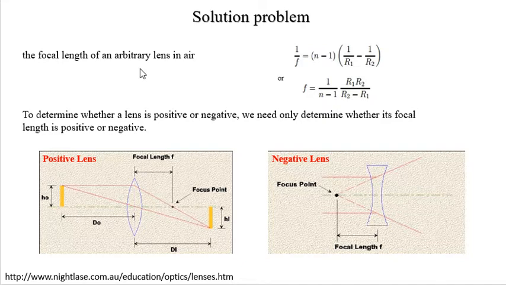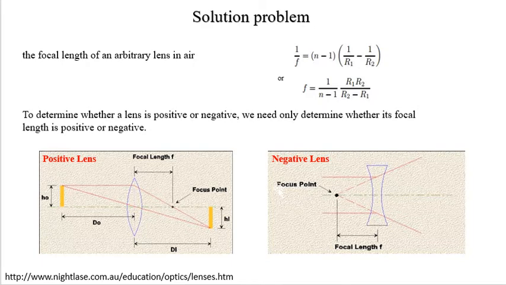Positive lens, you can see the left side is a positive lens, is thicker at the center than at the edge. Light from this lens is focused to a point in front of the lens. It produces a real image which can be projected onto a screen, while negative lenses are thinner at the center